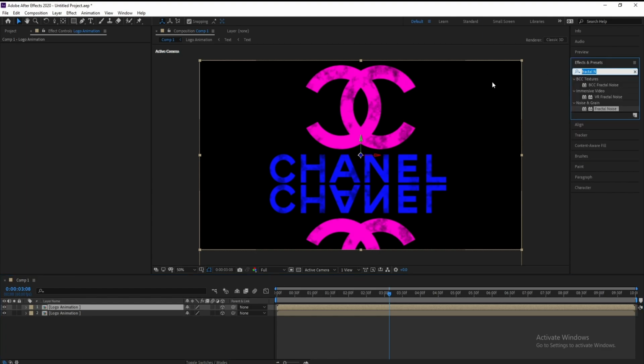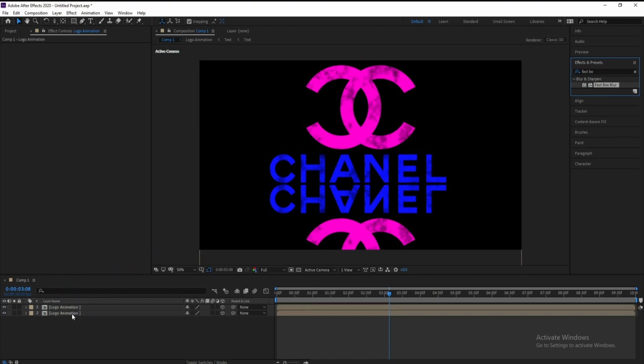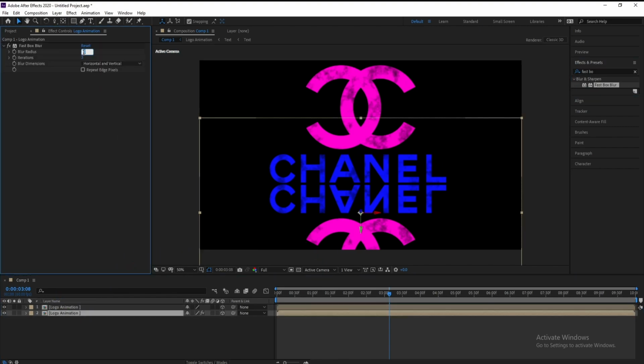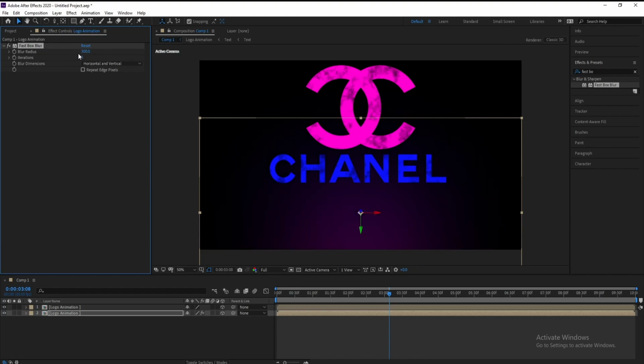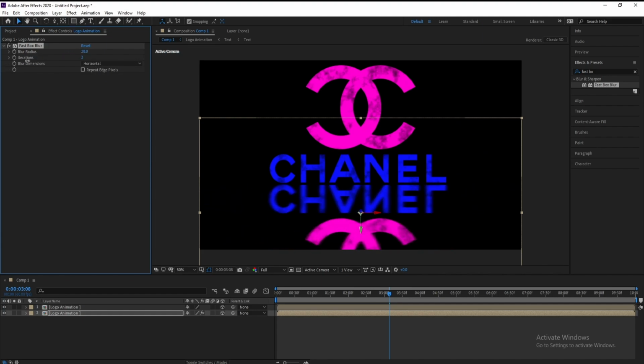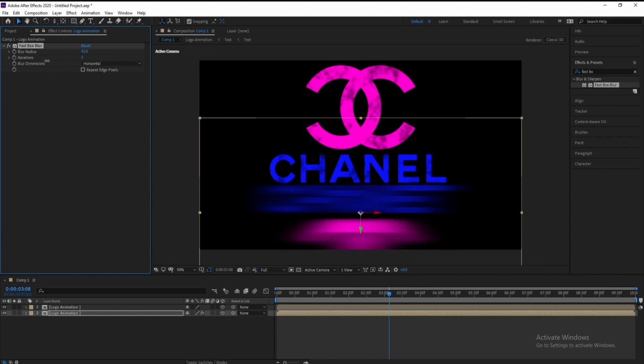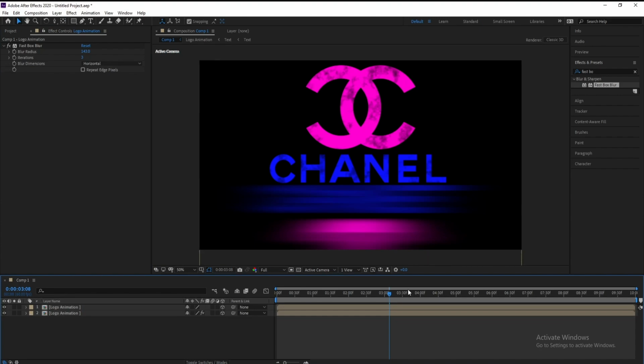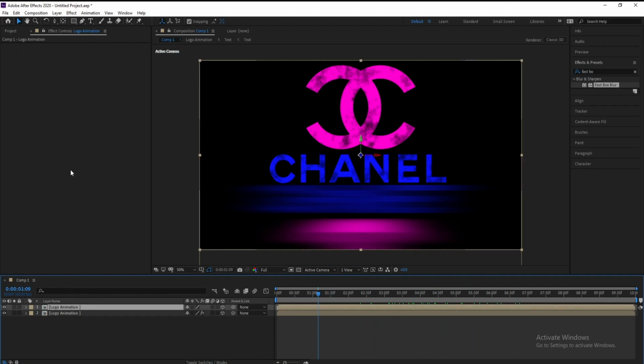then go to Effects and Presets and type Fast Box Blur. Drag and drop on second logo animation. Change blur radius to 200. And set horizontal and vertical to horizontal. Okay, I need to decrease blur radius a little bit. Yeah, very good. Now go to Layer,